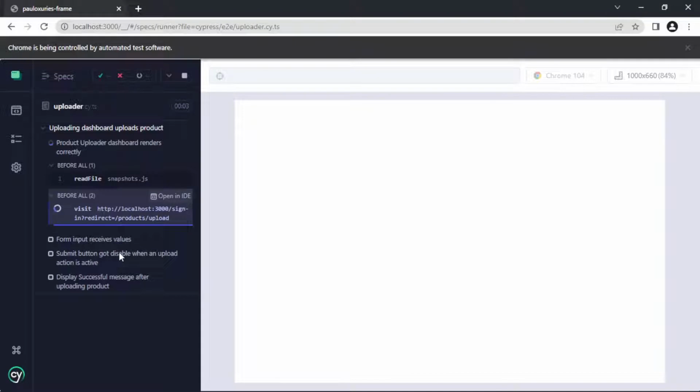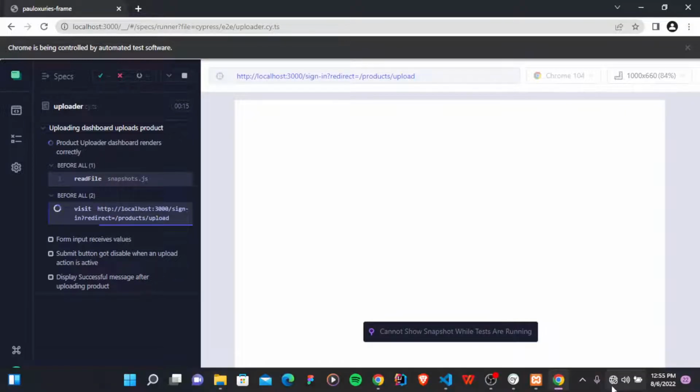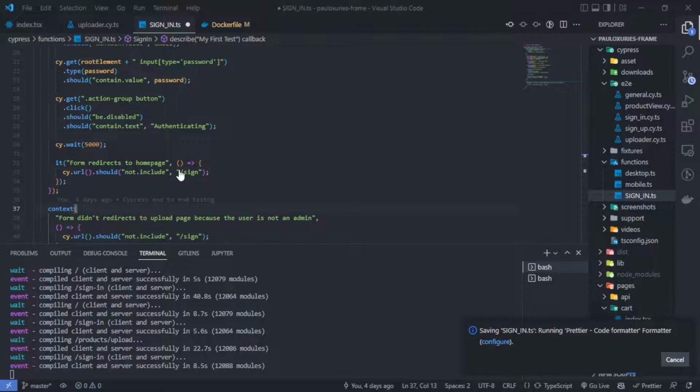So before all, it's going to visit the site, which is a snapshot plugin. This is another Cypress plugin, if you want to get snapshots within that page. Then it is visiting the site, is visiting this site, you know,